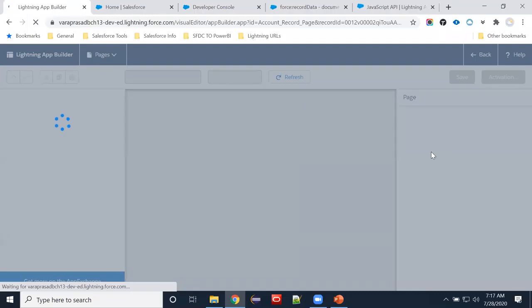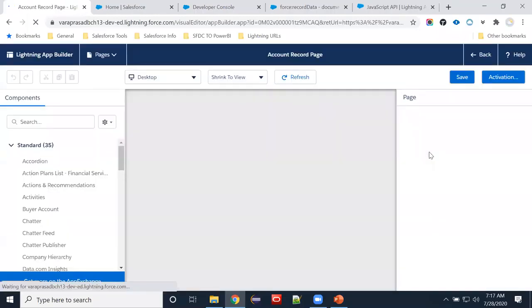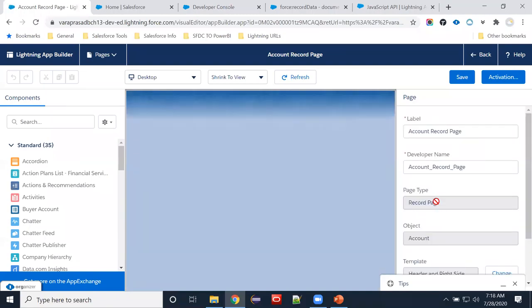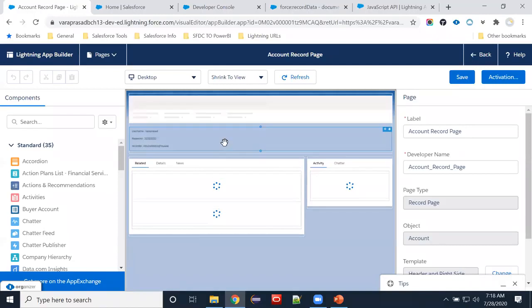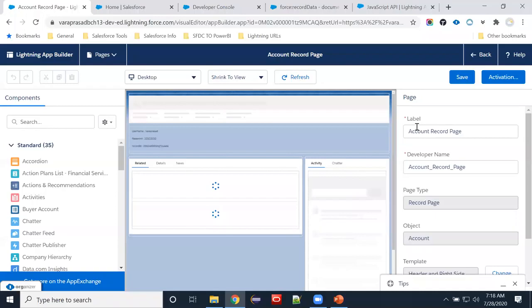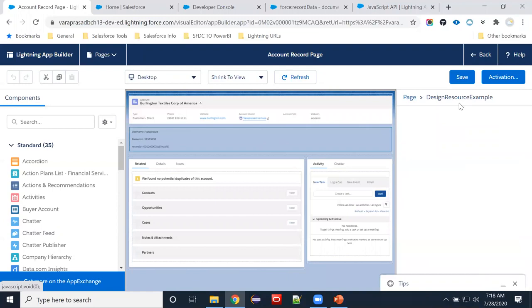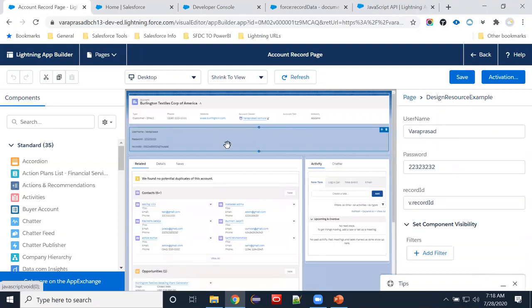okay. So I think I showed you one demo also, right? We can pass record ID also. If you click your lightning, see how normally the application is. For example, this is a record page, right? How are you able to see the record page, label name, all those things? Similarly, the lightning design resource will give attributes. Here we can see the attributes for this component. You can specify what attribute name you want to give and what data you want to use. Here generally we can use a string like text, and number and boolean values only.